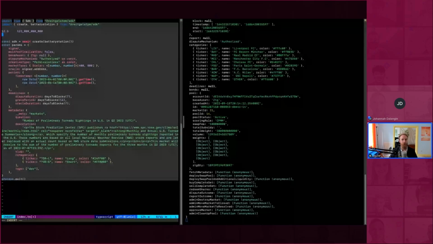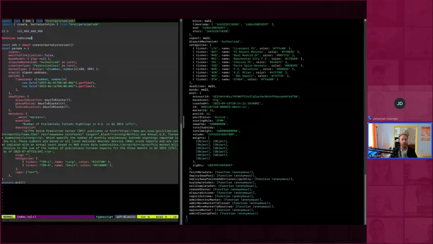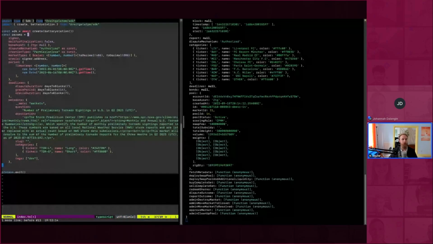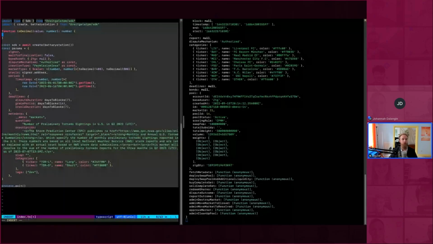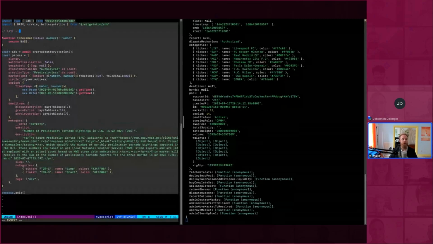And I'm going to call this to decimal. Actually, let me undo some of this stuff. So it's correct again. So we want to convert numbers, and so we're going to write a function which does that for us, and you can actually do that using the base object. I'm just going to put a comment here. So base is 10 to the power of 10, and base is basically like 1. We put this quote unquote 1 here.